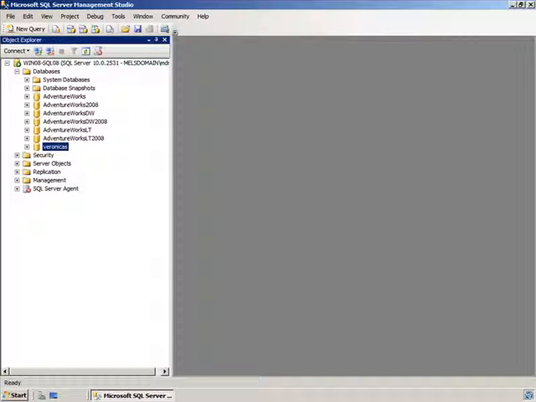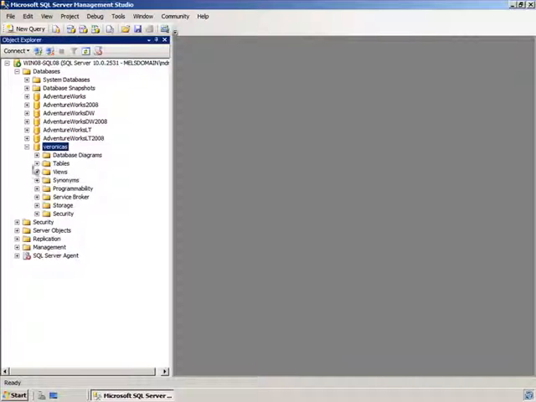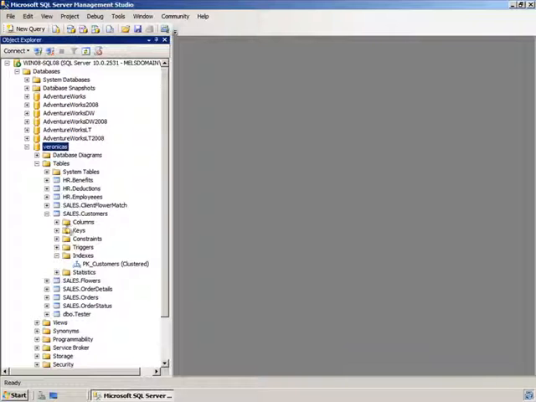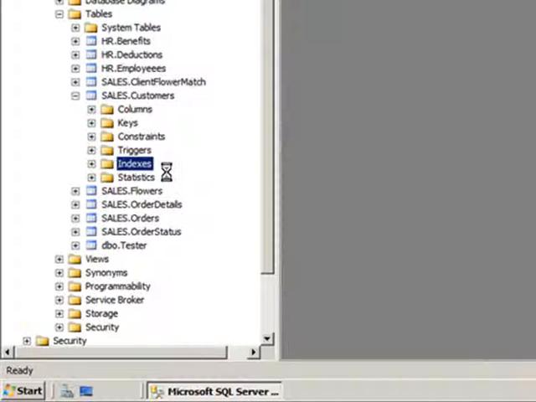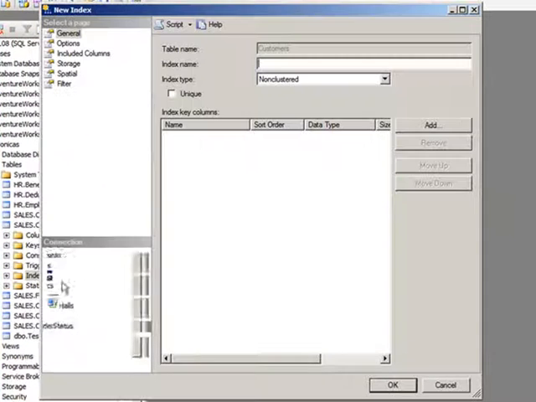Right, kind of clean things up, and I'm down to just the Veronicas. Right, so now what we want to do is go ahead and start looking at some of these different types of indexes. Let's go into tables, going into customers, and I already have a clustered index, but let's say we didn't. If I right click on indexes, go to new index, brings up an interface where I can create an